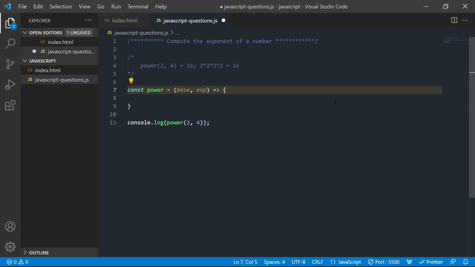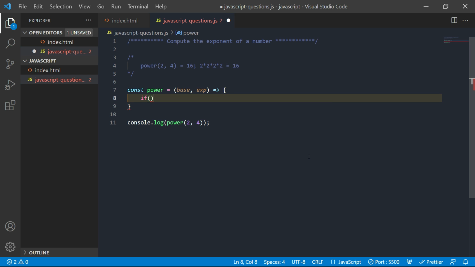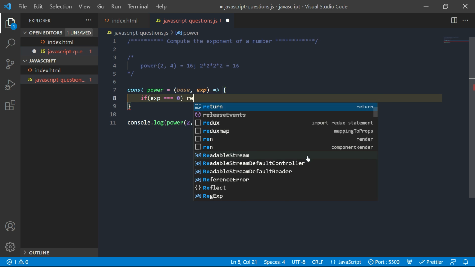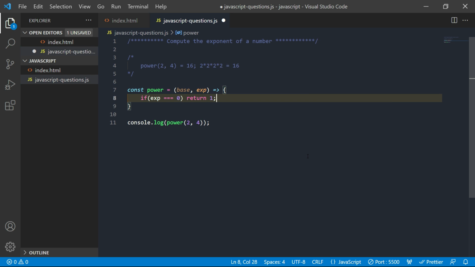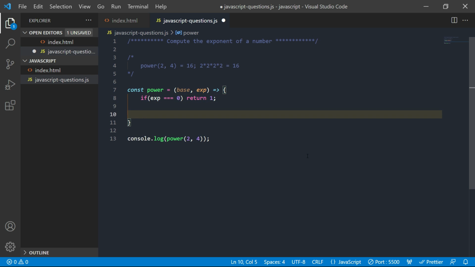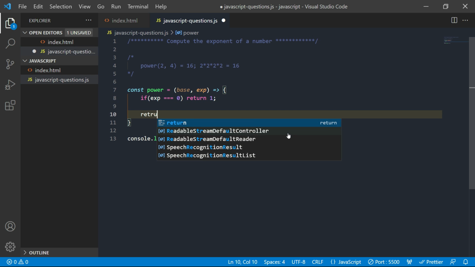As we are going to solve this using recursion, we need to have a base condition. For every recursive function, we need to stop at one point. We need to break the recursion, so for that we need a base condition. Here the base condition is if the exponent is equal to 0, then we must return 1.